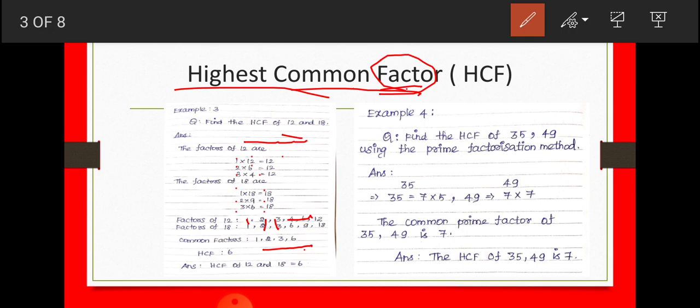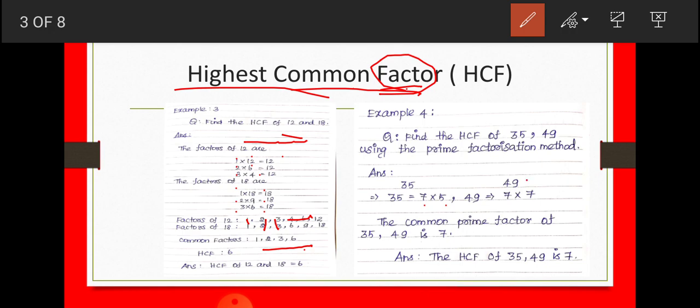You know very well the prime factorization method. I used the first one. So the first step is very easy. 35 means which table? Fifth table. So 7 5s are 35. 7 is a prime number, 5 is a prime number, so no need to do again. So 7 multiplied by 5 is equal to 35.